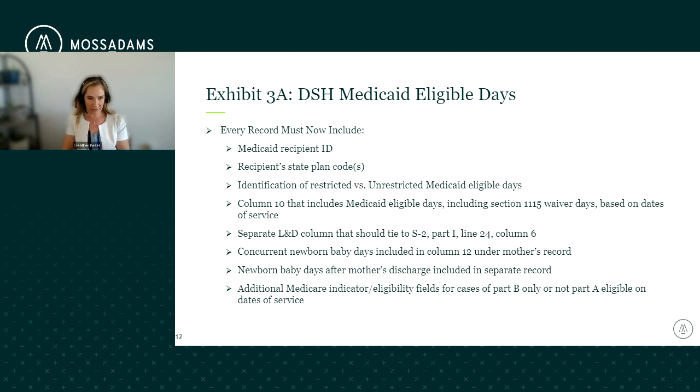All right, so just to recap this DISH eligible section, so we can get into some of the more complicated parts of the S10: the Medicaid IDs, and then really the state plan codes, as well as researching unrestricted and restricted program codes. I briefly touched on the Medicaid IDs for Section 1115 waiver for states such as Texas, Florida, Massachusetts, and Tennessee, where those patients are allowed to be included for 1115 waiver but may not have a Medicaid ID. We'd recommend researching those and using their SSN as their Medicaid ID for template purposes.